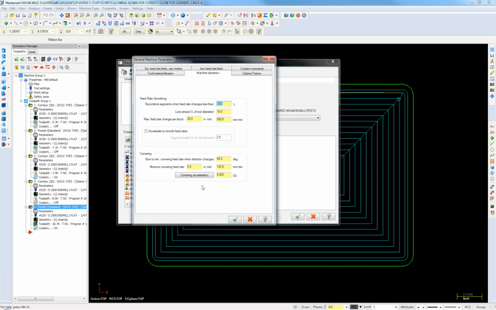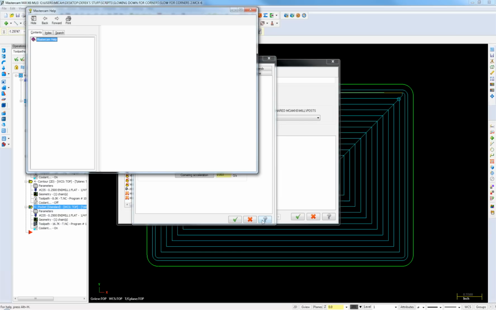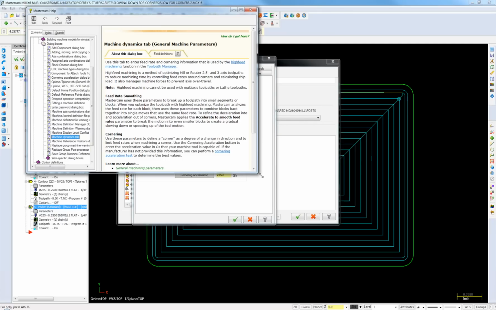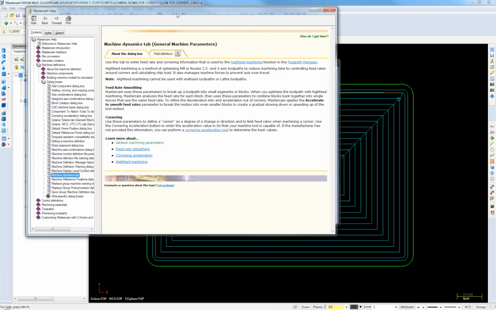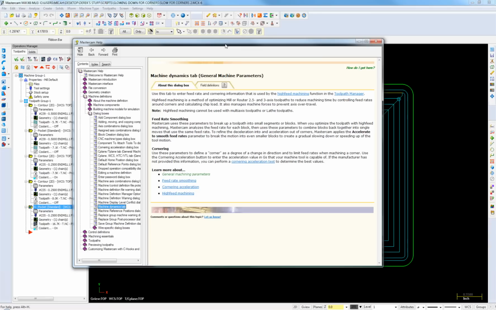One real key point about Mastercam and high feed is that the help is pretty good. I mean, it's really good. So if you hit that question mark there, so we can all see the help, I guess that would be context sensitive. I would recommend going through all the help on the high feed here. So now if you get out of that,